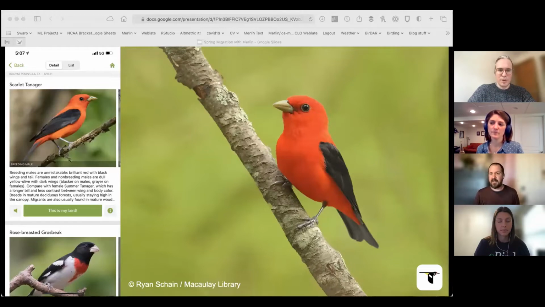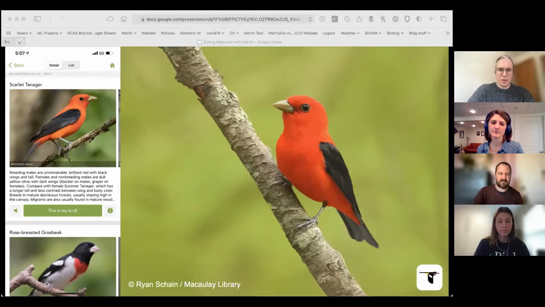And if you are already an eBird user, you can also opt into connecting the Merlin app to eBird. And so in that case, instead of saying, "This is my bird," the button will say "Report to eBird." You'll tap on that when you identify the bird, and it will jump you right over to the eBird mobile app where you can enter your count for how many. And so Merlin gives you these two different ways of adding birds to your list, so you can really start to remember what you've seen, where you've seen it, and build that list of species that you